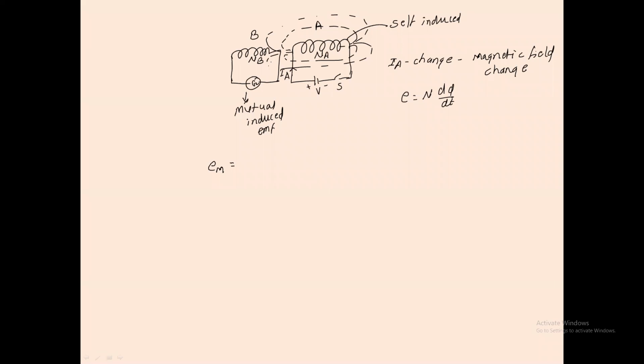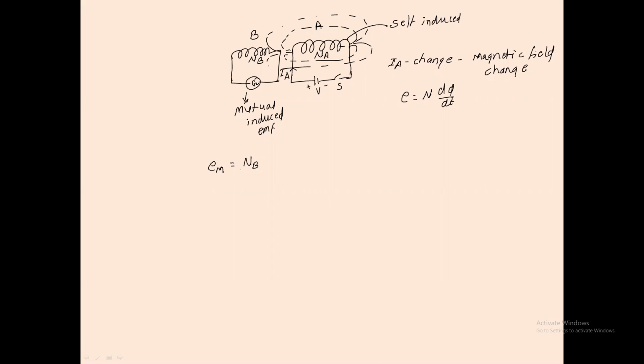हा कॉइल बी मध्ये क्रिएट होतोय. कशामुळे क्रिएट होतोय? कॉइल बी च्या नंबर ऑफ टर्न्सला ज्यावेळेस मॅग्नेटिक चेंज इन मॅग्नेटिक फील्ड लिंक होते त्यावेळेस ईएमएफ तयार होतोय. म्हणजे अकॉर्डिंग टू दिस बेसिक फॉर्म्युला, कॅन आय राईट इट डाऊन हियर, म्युच्युअल इंड्युस्ड ईएमएफ विच इज इक्वल टू एन बी, कारण तो कशामध्ये तयार होतोय? नंबर ऑफ टर्न्स ऑफ अ कॉइल बी.